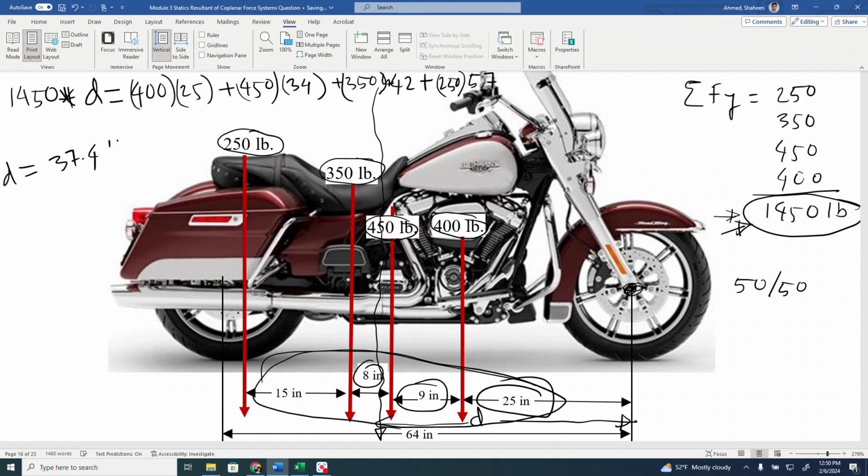I found that from the front wheel, it is 37.4 inches. Now see, the total wheelbase, the distance between the two wheels, is 64 inches. So to achieve a 50-50 weight balance, we need about 32 inches from the front and from the rear. But we found the distance from the front is 37.4 inches, so we did not really achieve that, and the distance from the rear wheel is much less, approximately 27 inches,